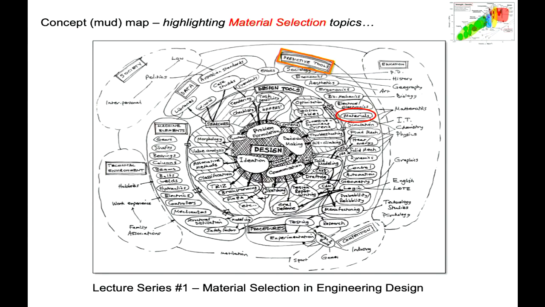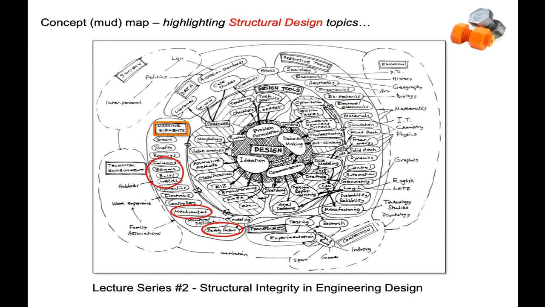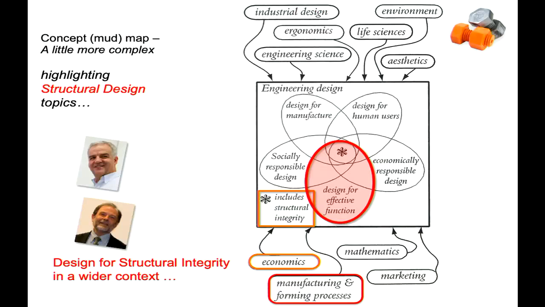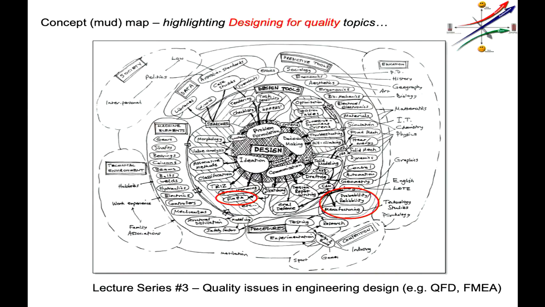Well, we're going to look at materials within predictive tools. That's our first topic, our first lecture series. We're going to look at some structural integrity or machine element design. So a few bits and pieces in that zone. And by the by, I've already sort of given you a hint on that. It's not just solving tutorial problems. You'll be exposed to how the depth you might go to with something as simple as a thin-walled pressure vessel. And that's what John's going to be talking about. And lastly, the quality one with